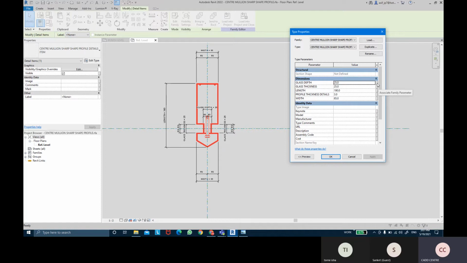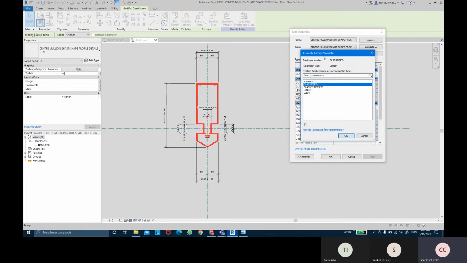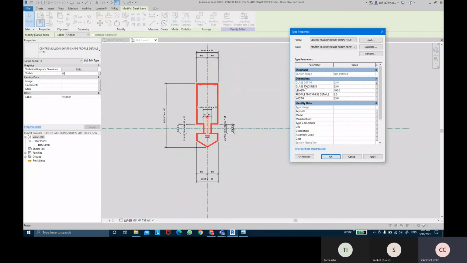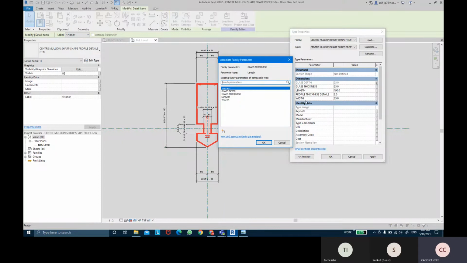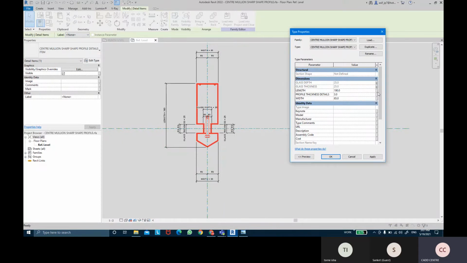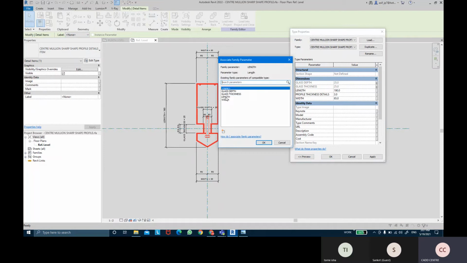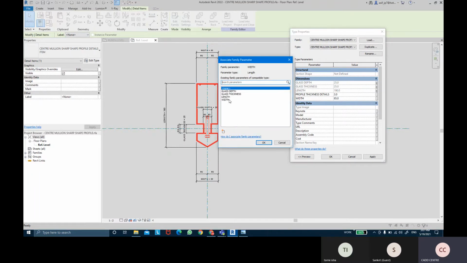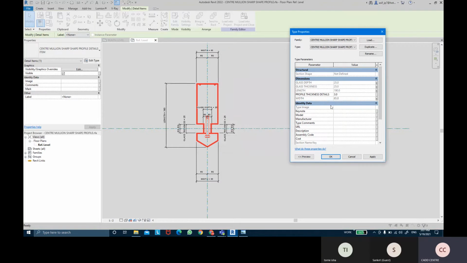So the glass depth goes with the glass depth, and the glass thickness will be associated with glass thickness, and the length of the profile will be associated with the length of the profile, and the width of the profile would be also associated with the width of the profile over here.